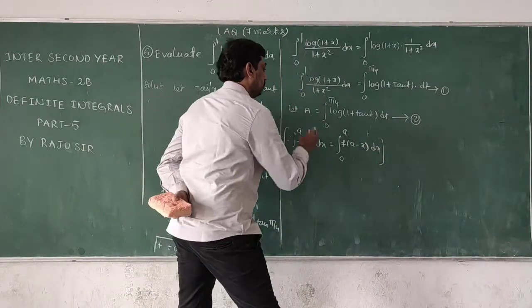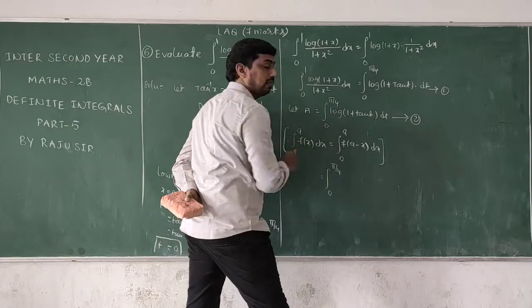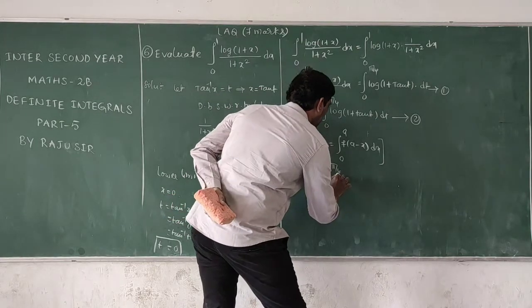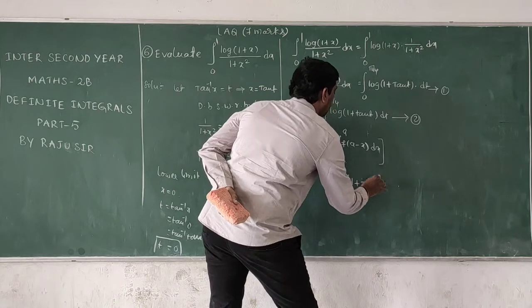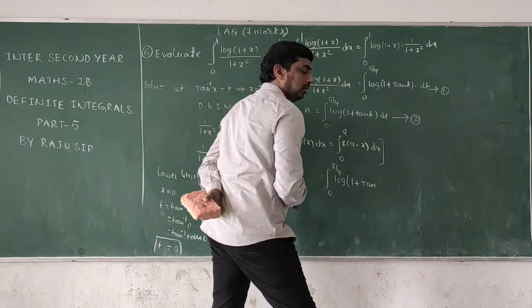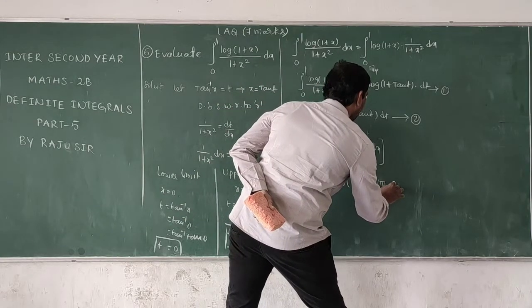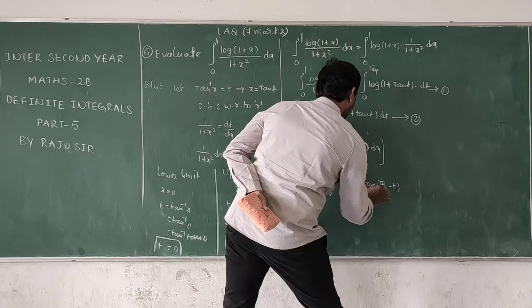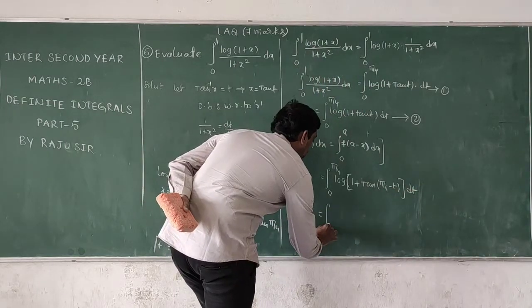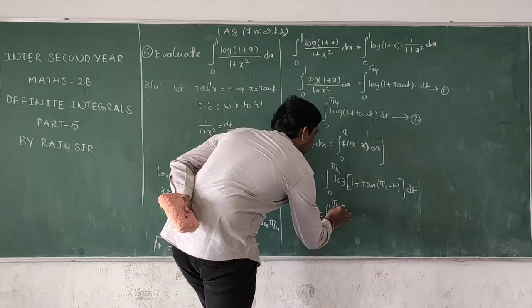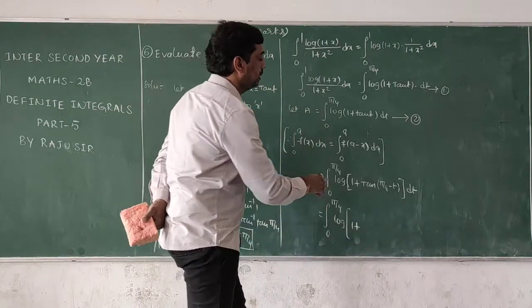So, that's why substitute in this one. Integration 0 to pi by 4. In the place of a we have pi by 4. Log of 1 plus tan of, in the place of t, substitute a minus x, a value pi by 4. That's why pi by 4 minus t into dt. Okay. Integration 0 to pi by 4 log of 1 plus, again this is in the form of